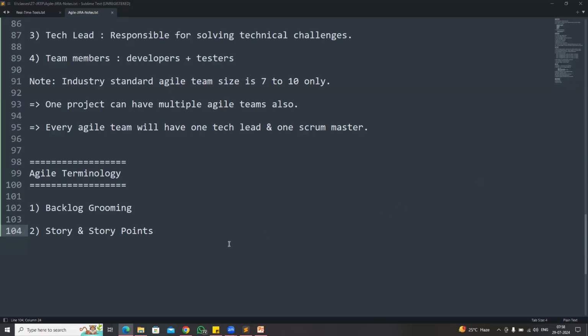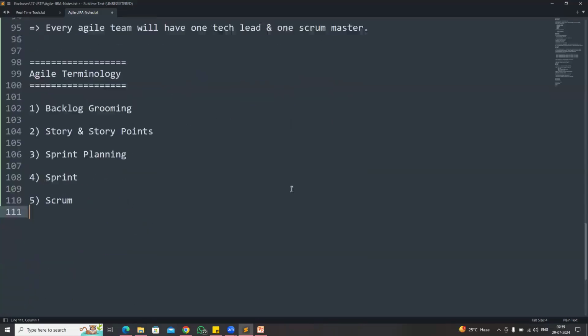And the next one, sprint planning. Your scrum master will send an email: Hi team, tomorrow at 6 p.m. we have sprint planning. So what is the meaning of sprint planning? We need to understand all this terminology. Once the sprint planning is completed, our sprint will be started. Then Scrum will be available. And next,